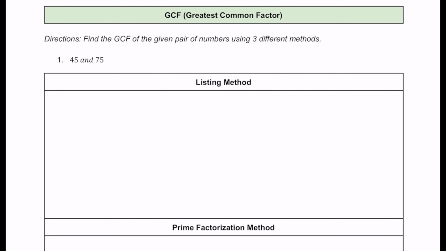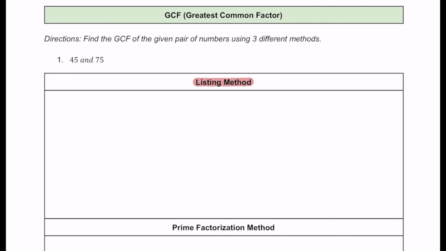Let's practice finding the GCF, or the greatest common factor, together, but using 3 different methods. The first method I'm going to talk about is called the listing method. This one's the most basic and the easiest one to understand, but takes the longest. Basically, we're going to list all the factors of 45 and all the factors for 75, and then see which